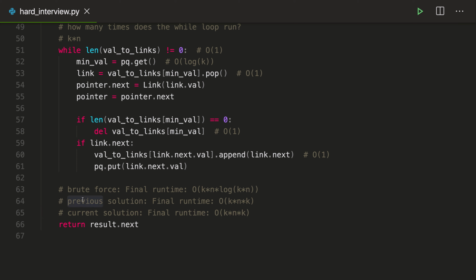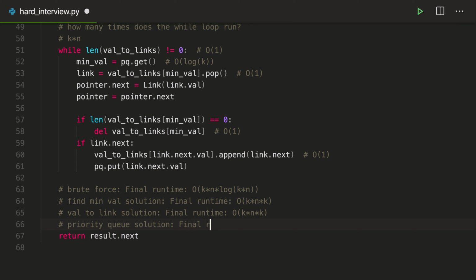So now let's call this find min val solution, and this will be val to link solution, and now finally priority queue solution. Final runtime will be O of k times n times log k. So we actually optimized from k to log k, and interviewers really like these small optimizations because